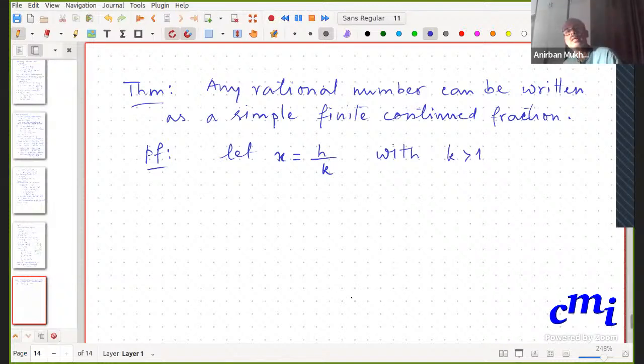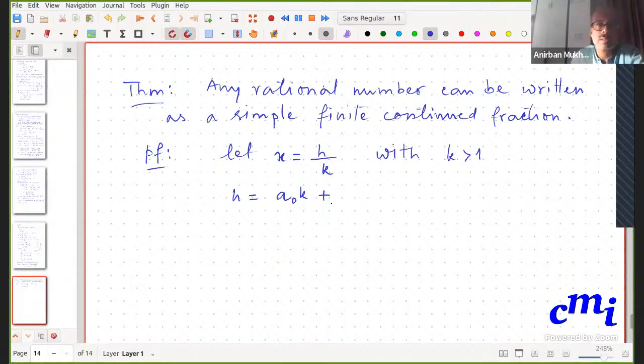If the denominator is just 1, then we have an integer, and we know the continued fraction has only one entry. So we start with k greater than 1. Then just use Euclidean division to write h as a naught k plus